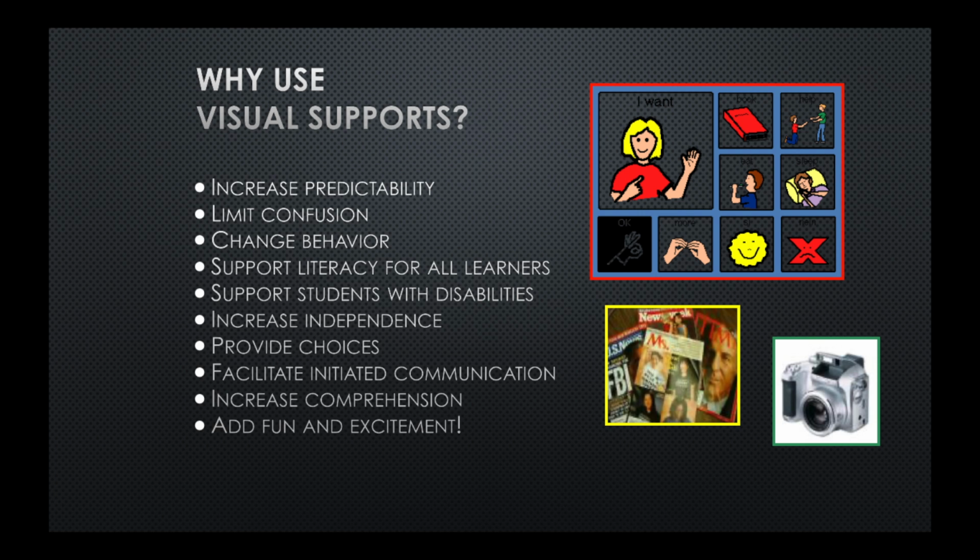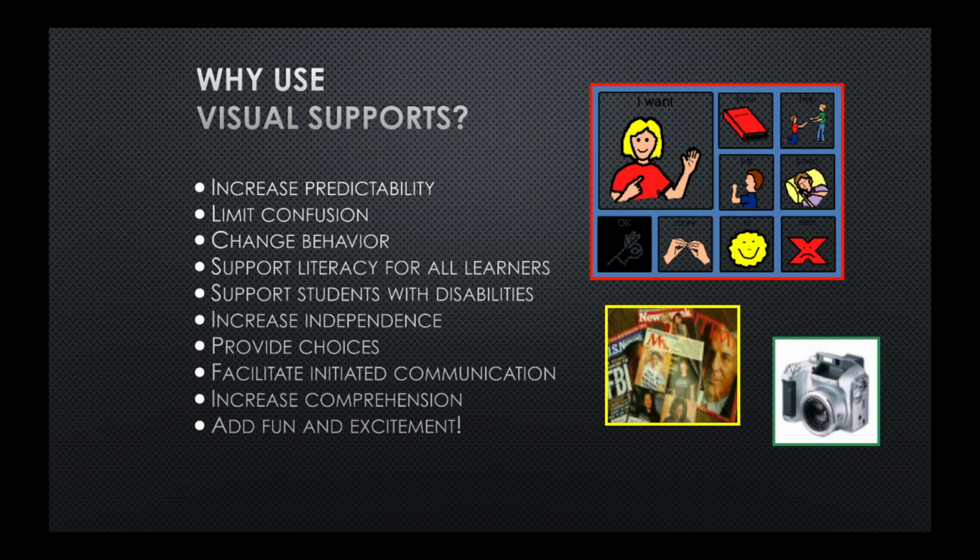Visual supports increase predictability for students who may not automatically understand what comes next. They limit confusion by providing a clear visual picture of what is expected. They also change behavior by showing students what to do instead of telling them what not to do. Visual supports can support literacy for all learners by pairing written words with pictures. They support students with disabilities who may not have the ability to automatically understand the expectations in the classroom, and increase independence because teachers can use visuals to show students what to do instead of having to always tell them